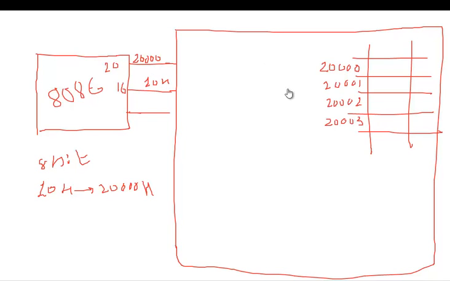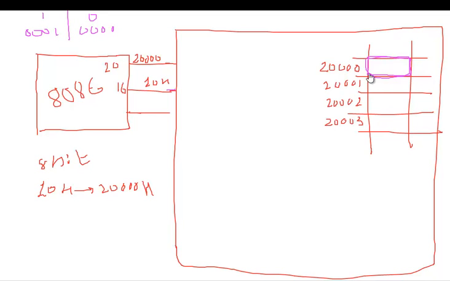First, address bus will go into memory and it will select the location 20,000. After selecting the location, data bus will send its data, that is 10H. 10H will get stored in its binary pattern. Binary pattern of 10H is 0001 0000.